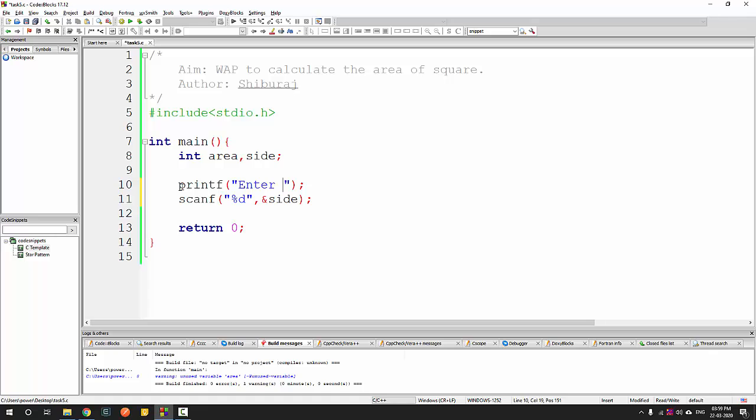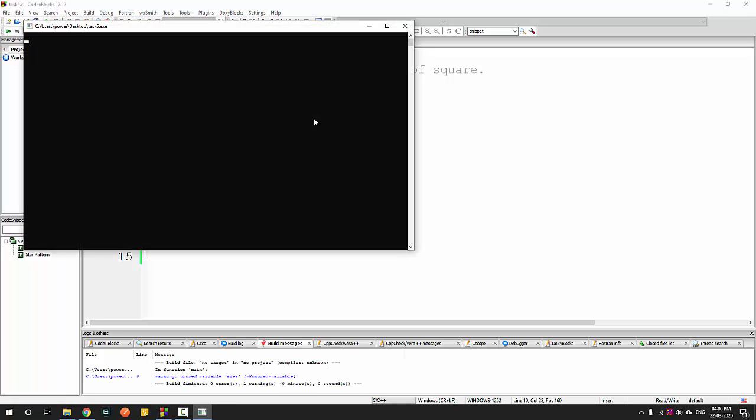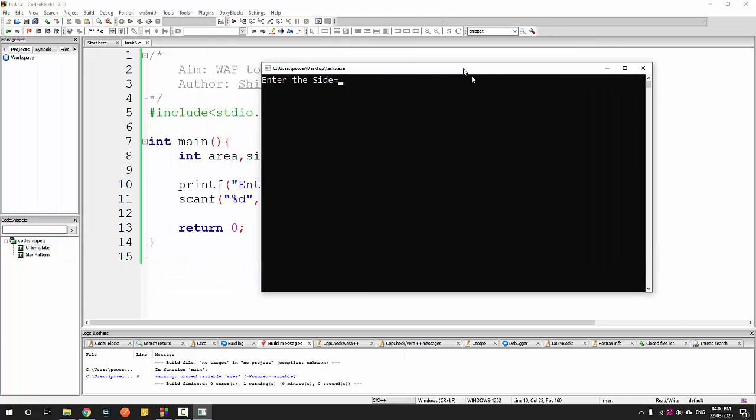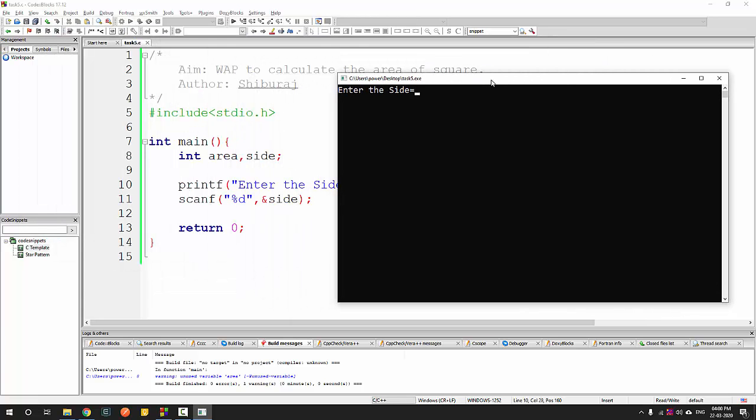I will write a description over here, enter the side, and then a colon. Colon or equal to, whatever you wish. Let's say we want equal to. And remember, don't put \n over here. You will just see why. Just run this, and now you can see it is saying enter the side, and